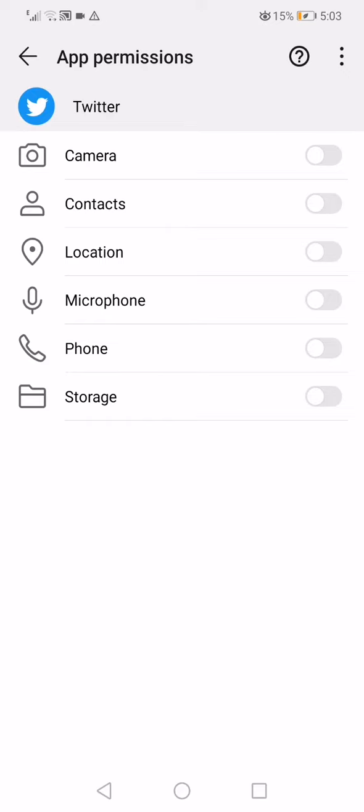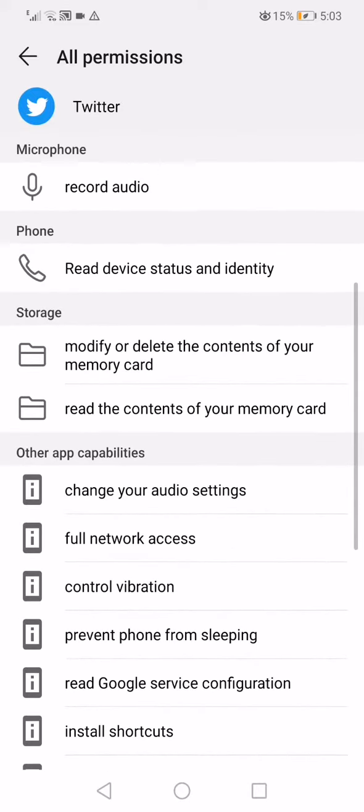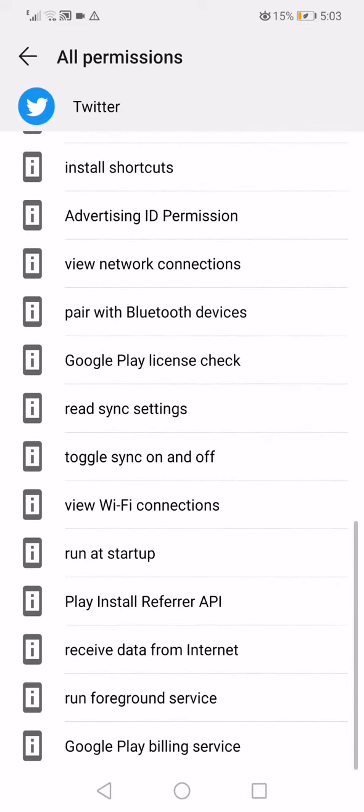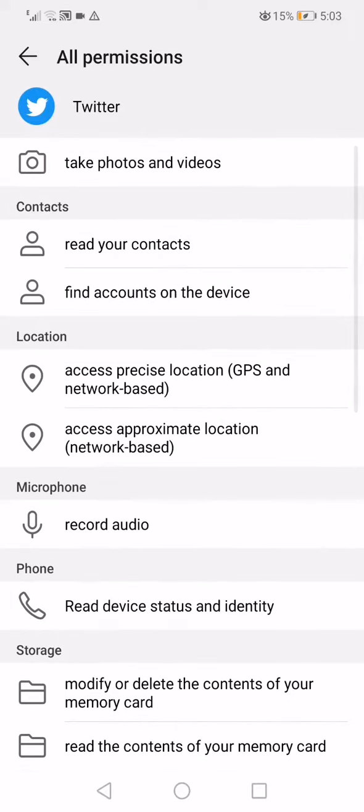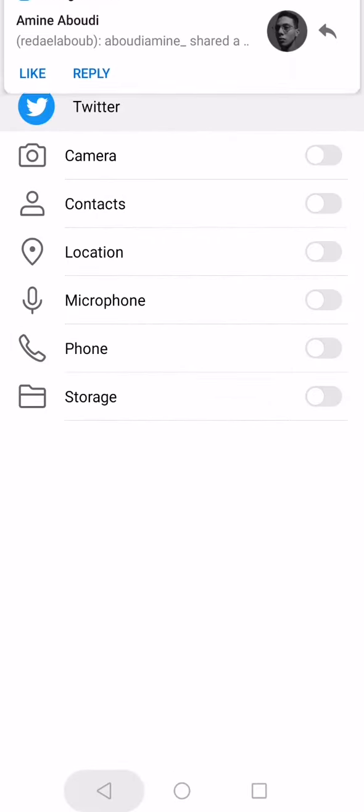and then enable all the permissions right here. See all the permissions. Make sure that all those permissions right here are enabled. Now go back,